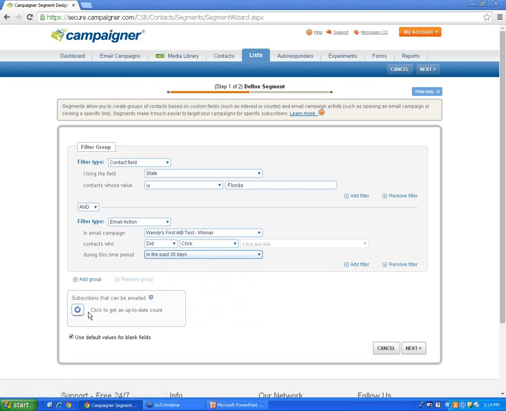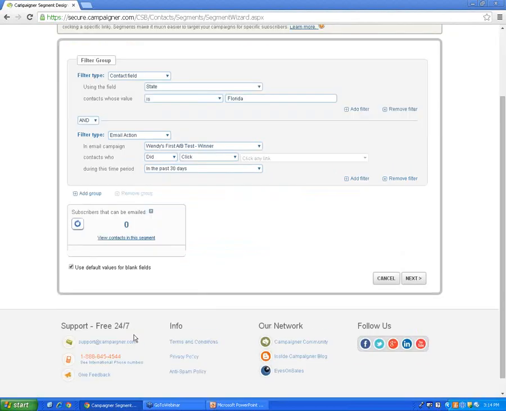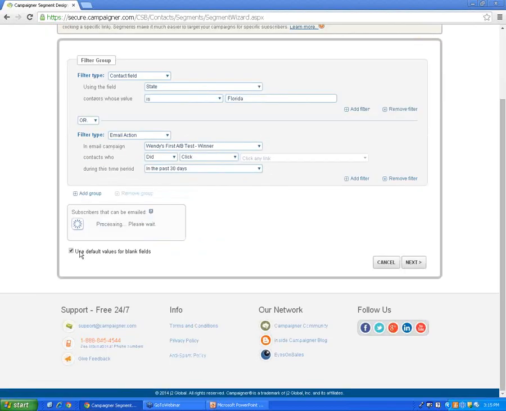If you click this little refresh button here in the bottom left-hand corner, it'll always tell you the amount of contacts that are within the segment. So I have 0, unfortunately, because I didn't have any campaigns or any customers that did both of this. You can change it to "or" as well. So that would mean that they could be in this little group up here, or they could be in this group down here. So if I refresh it,